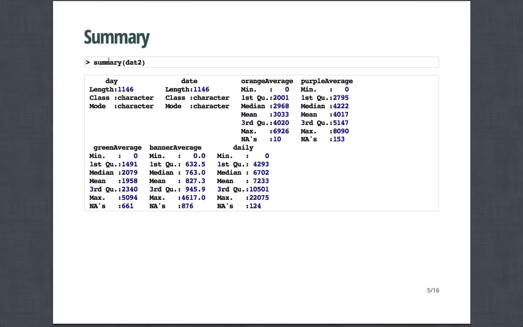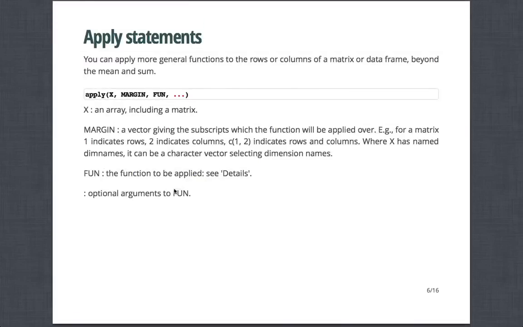Summary has a special property on data frames. It gives you a little bit about each of the variables, including its class, and if it's numeric, the interquartile range. It's basically like running quantile on your variable, and then it also gives you how many missing values are in each column. It's a really powerful